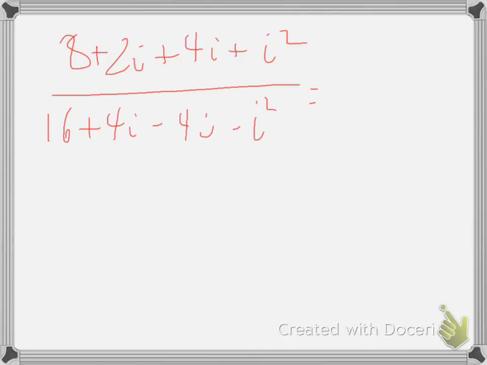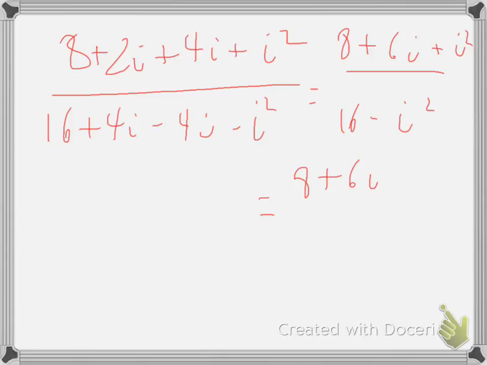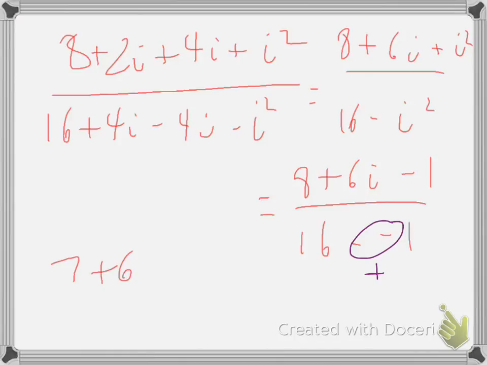So then just to tidy up this problem, we multiplied it all out, and the bottom, it's nice what the bottom becomes, because you get 16 minus i squared. On the top you get 8 plus 6i plus i squared. We know what that equals. That's 8 plus 6i minus 1. And on the bottom is 16 minus a negative 1. Oh, minus a negative 1 is plus 1. So what we get for the grand total, after all that, is 7 plus 6i over 17,